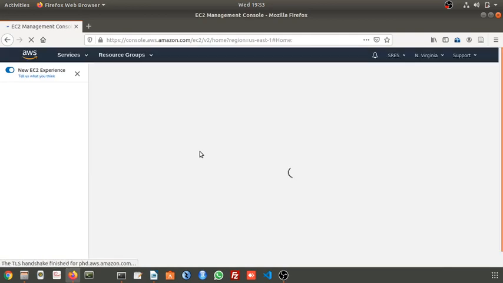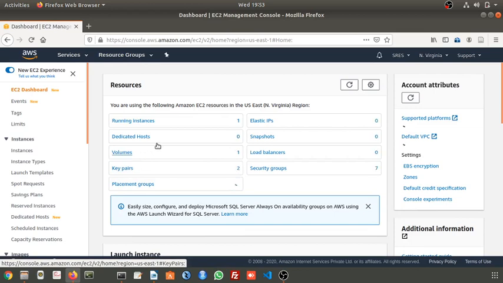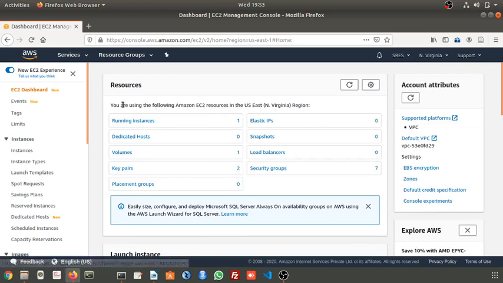It will take some time. If any instances are already running, they will be visible here. Here one running instance is there. We'll discuss what dedicated hosts, volumes, key pairs, and elastic IPs are in coming sessions. What snapshots, load balancers, and security groups are, we'll also discuss in the coming sessions. So right now one running instance is there.